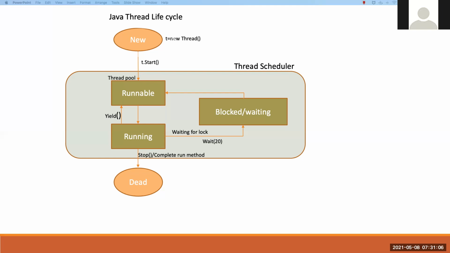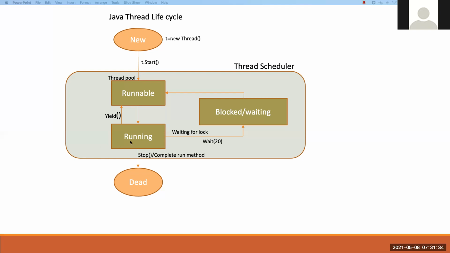When we call the yield method, the scheduler checks whether any other thread is waiting with the same or higher priority in the runnable state. If there is none, and all threads in the runnable state have low priority, then the current thread itself continues its execution.